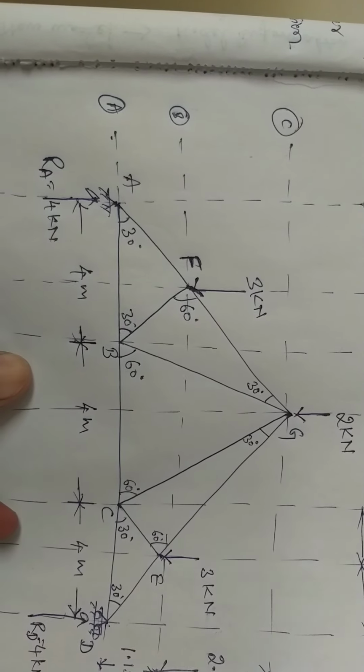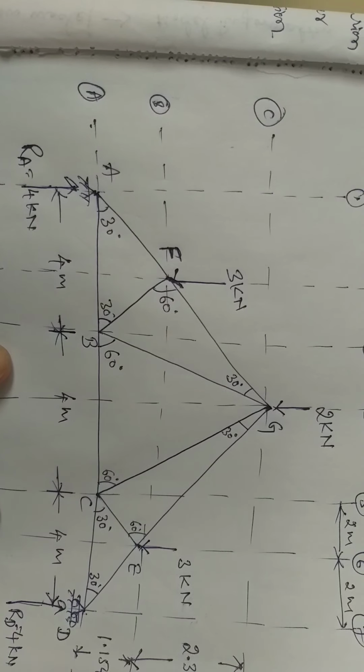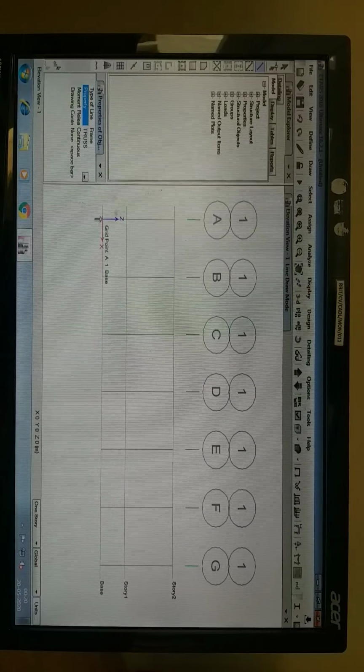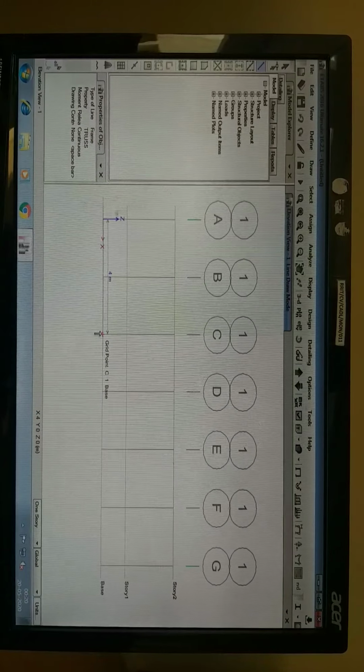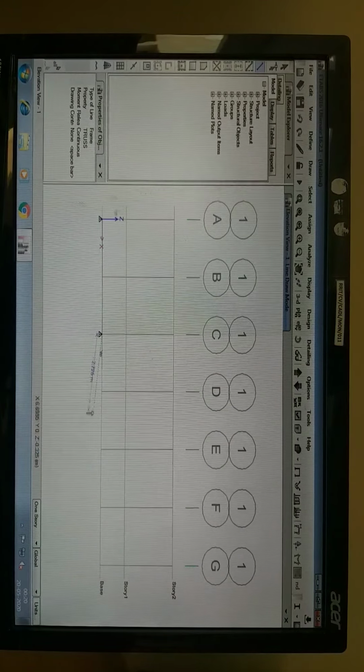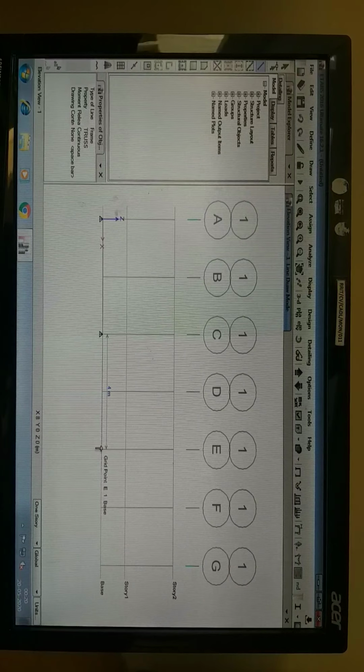A to B is going to be 4 meter, 1 member, BC 1 member, CD, DE, like that. We have to draw the members, starting from the first point. A to B, 4 meter, has 1 member.